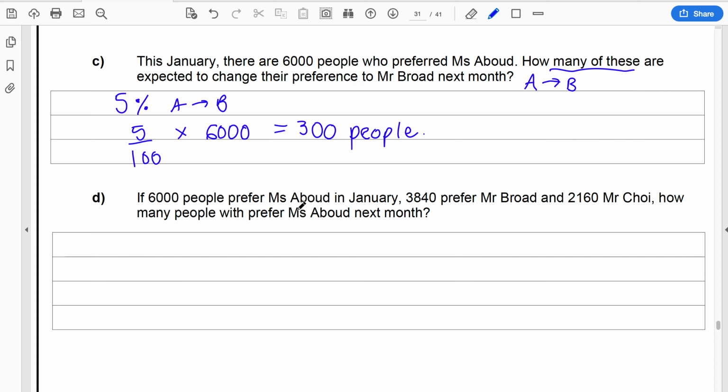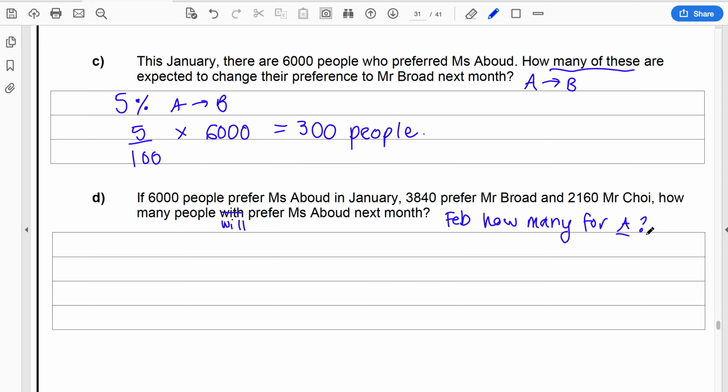So we've got 6,000 people preferring Miss Abood in January, as before. We're also told, though, how many people prefer Mr. Broad and how many people prefer Mr. Choi. So from this information, how many people will prefer Miss Abood next month? Okay, so let's just consider. We want the total next month, so in Feb, how many are voting for A,